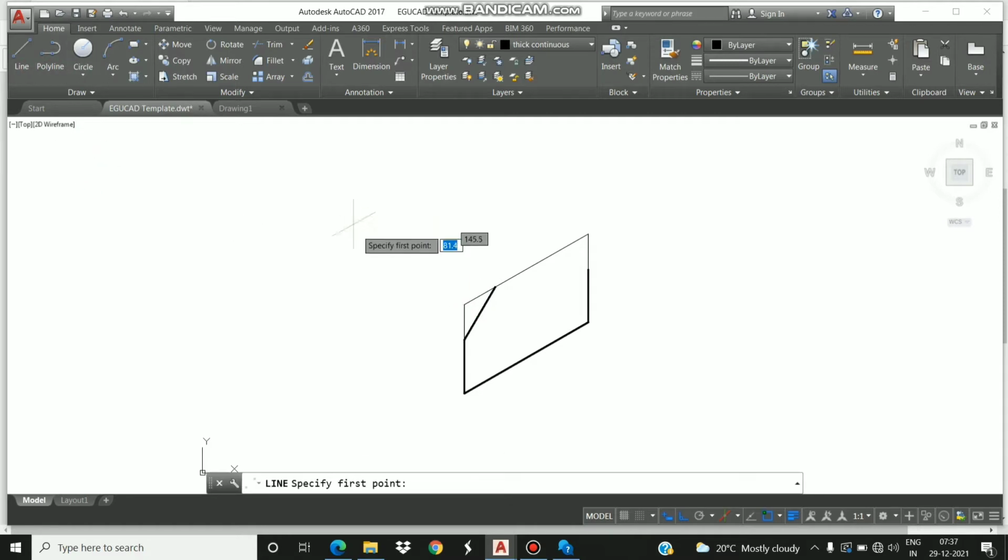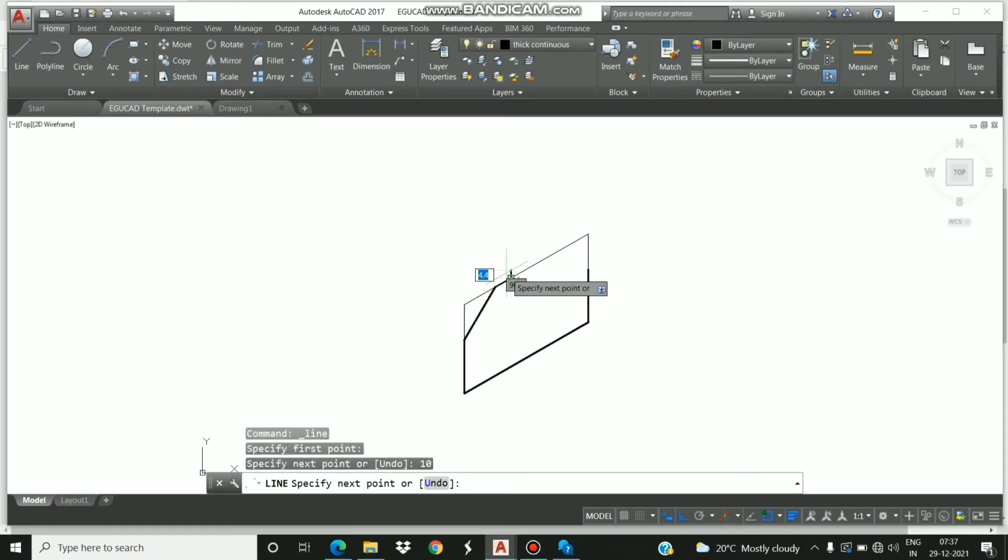Similarly, on this side it is 10 horizontally, downward 20, on this side 20, upward 20, on this side 10, and join it here. So this is your isometric front view.